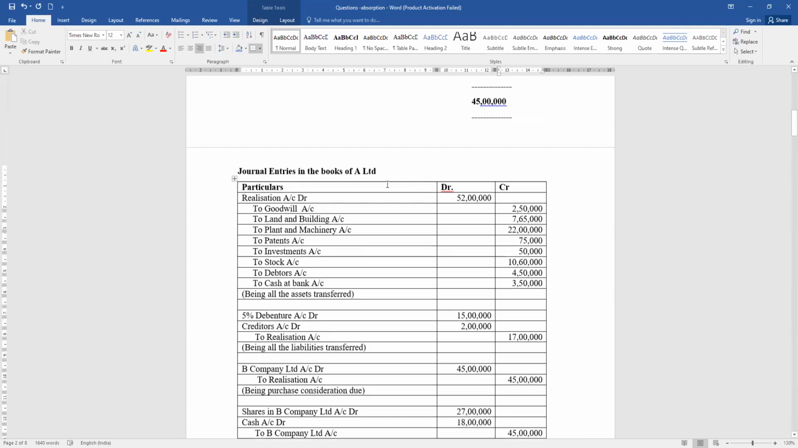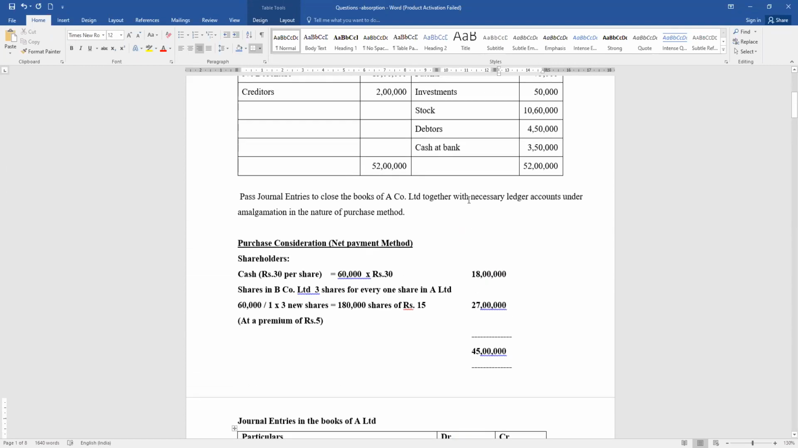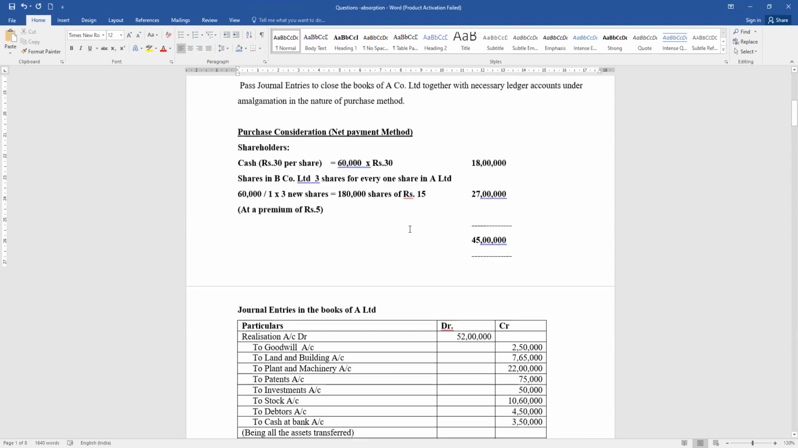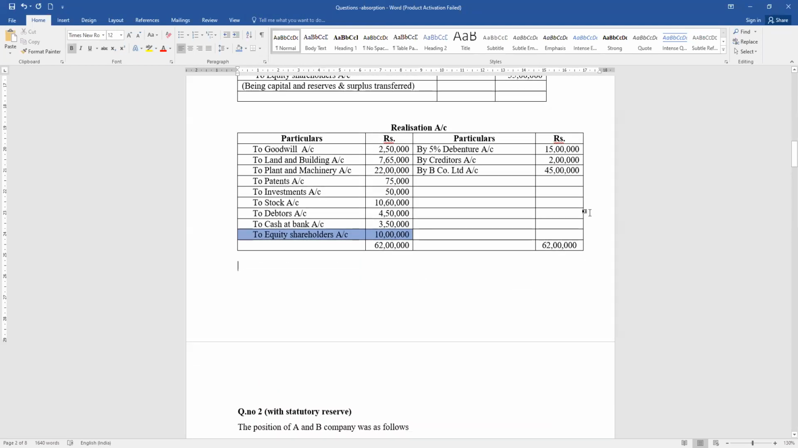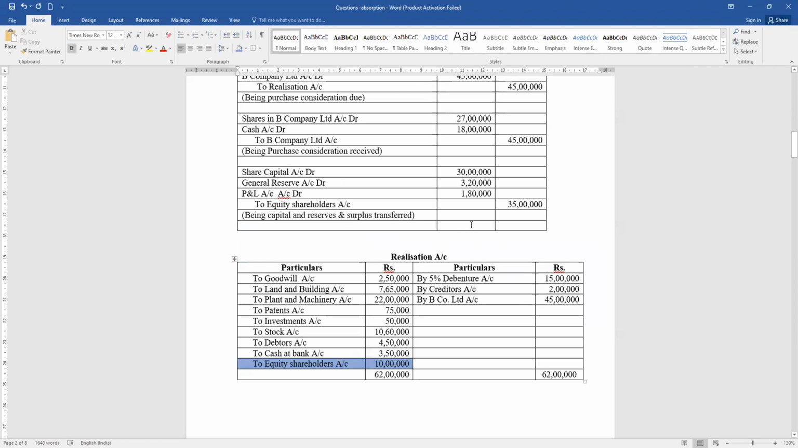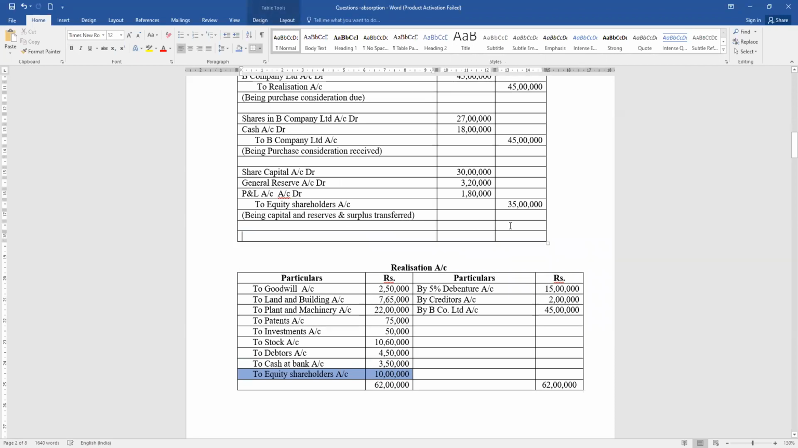They did not ask you to prepare a ledger account. They have asked you to prepare necessary ledger accounts also. That means you have to open the equity shareholders account also. We'll see that. First, we will pass the journal entry for this one. What is the journal entry for this one? Realization account to equity shareholder. Very good. So, realization account